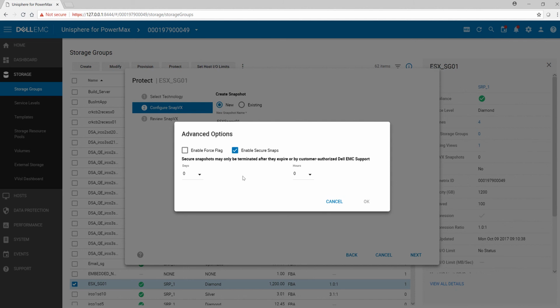Now, Secure Snaps are just that. These are snapshots that will only be deleted once they expire. So you cannot delete them. The only other way to delete them would be to contact Dell EMC support and have someone from Dell EMC support go ahead and manually delete them for you, but otherwise they cannot be deleted. So we'll go ahead and we'll set this to a day and hit OK